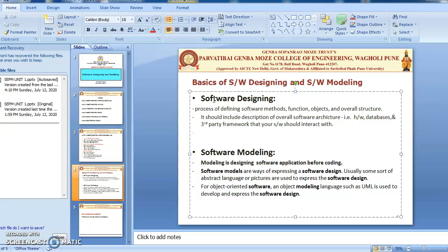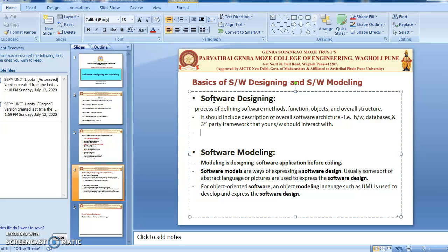Models are built and analyzed prior to the implementation of the system. It means whatever requirements, hardware, databases, third-party frameworks and APIs are collected in the software designing phase, all are combined and architected by the software modeling phase. So that is the work of software modeling.